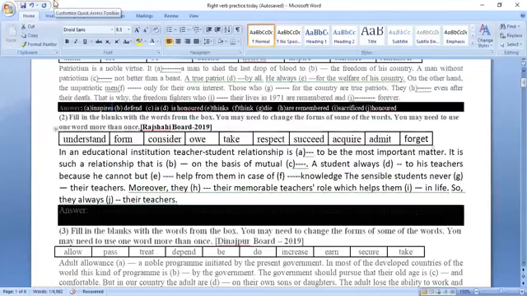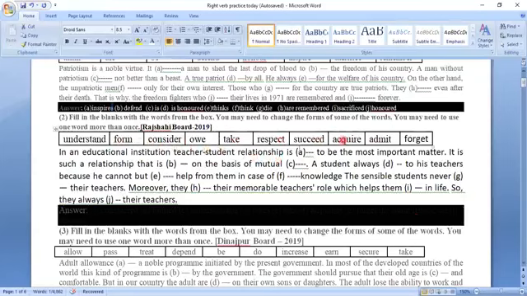Teacher-student relationship is said to be the most important matter. I mean, teacher-student relationship is very important. It is such a relationship that is based on mutual ___. So there we need some words which have to be understood,